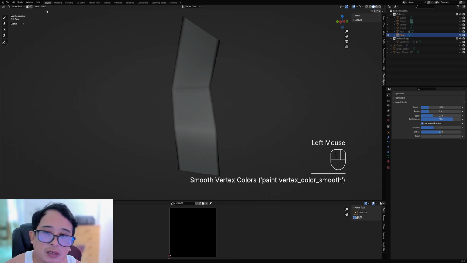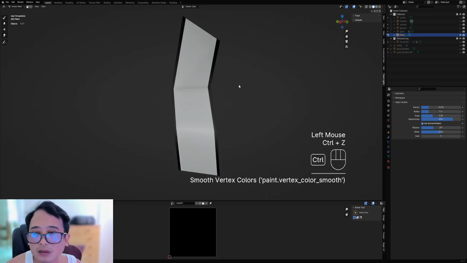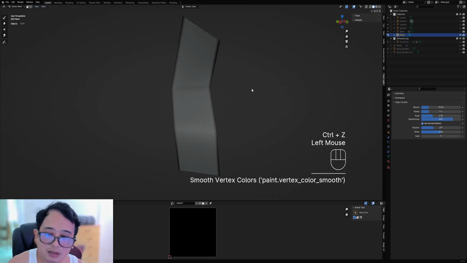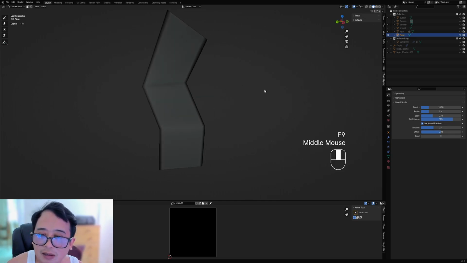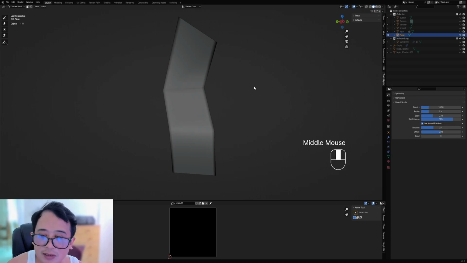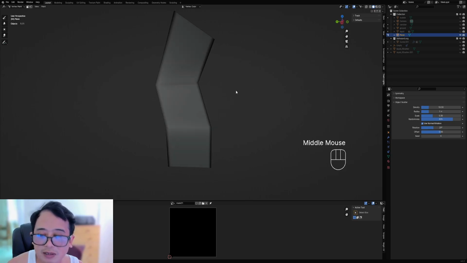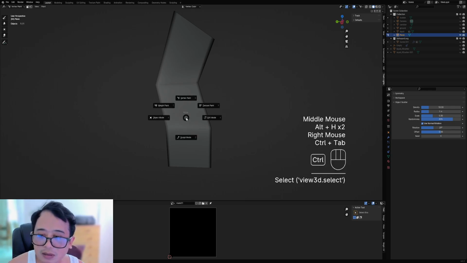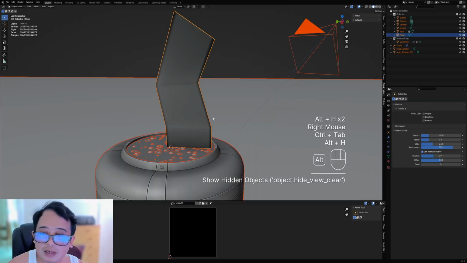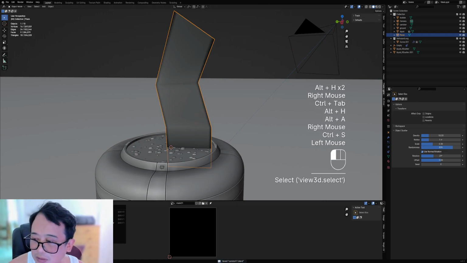Oh my gosh. Smooth vertex color. F9. Oh god, there's no redo panel for that. I think we can work with this. Object mode, Alt H, and go to shader